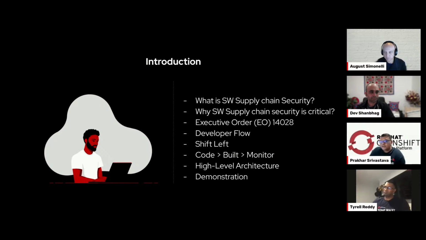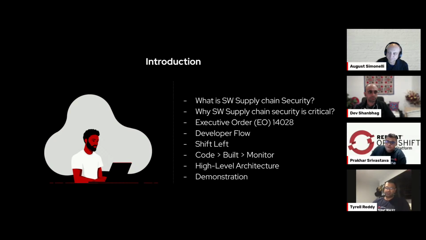Most of these breaches are due to the dependencies, the libraries which they are using, and the sources from where they are getting those libraries. They don't know exactly where those libraries are coming from, especially when companies are relying more and more on open source software. That is why software supply chain security becomes really critical. So we'll start from there.